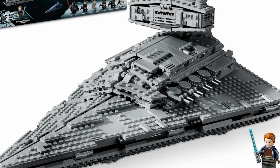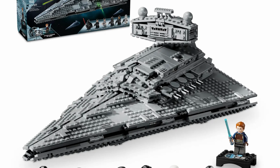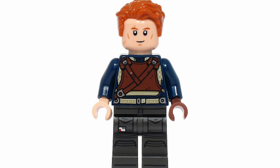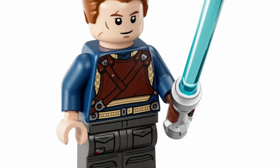And at the number 1 spot, you guessed it, the Imperial Star Destroyer. For $160 is the newest version of the Imperial Star Destroyer, and what might be the biggest selling point to this set is the 25th anniversary minifig, Cal Kestis. Not too long ago, they did make a buildable BD-1 droid, so fans really were speculating that Cal Kestis could make his way into a LEGO set sooner rather than later, and that happened here with a 25th anniversary version,